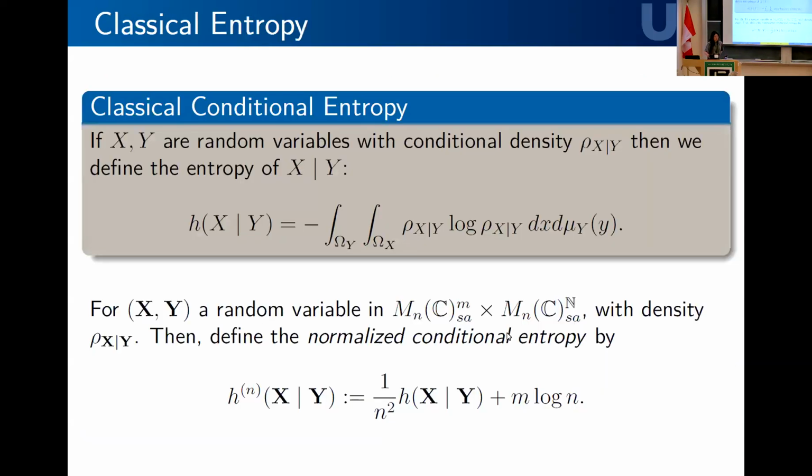Okay, so before I jump into the free case, I'll just say a few things about classical conditional entropy. In the case of classical random variables x and y, the entropy is just defined as the expectation of negative rho log rho, where rho is that conditional density. In the talk today, all my random variables will be random matrices. And you can make some appropriate renormalization of the entropy so that the expected value and the variance of these tuples doesn't depend on the dimension of the underlying matrices, which is what we want because I'm going to take large n limits.